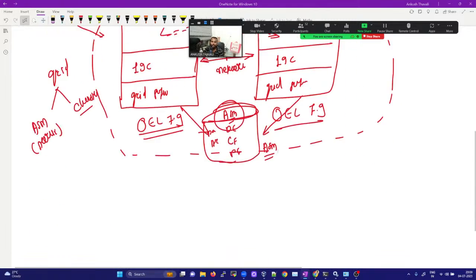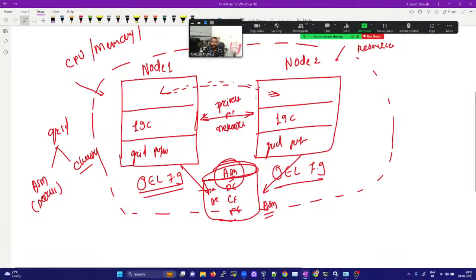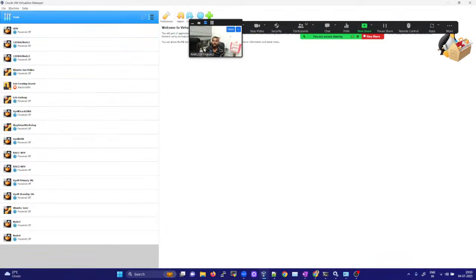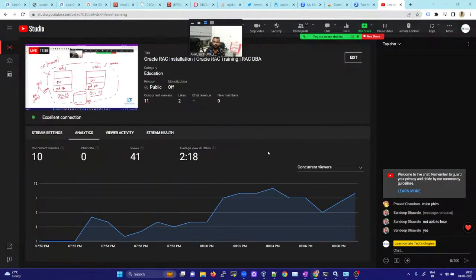Now first of all, I'm going to configure my node 1 and then I will configure my node 2. How do we configure node 1? I have installed a software called Oracle VirtualBox. You can download Oracle VirtualBox from the Oracle VirtualBox website. I have already shown you yesterday, but let me show you one more time. If I go here